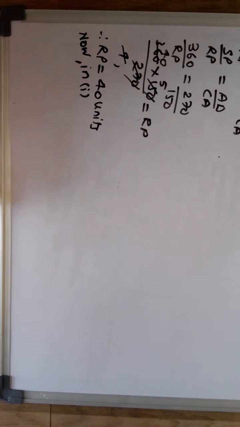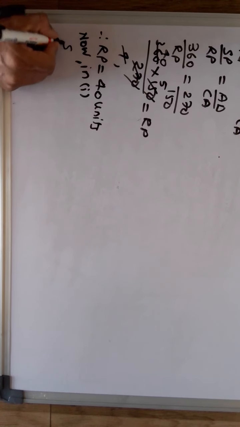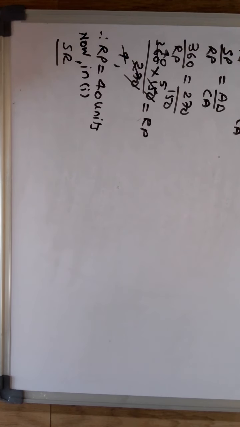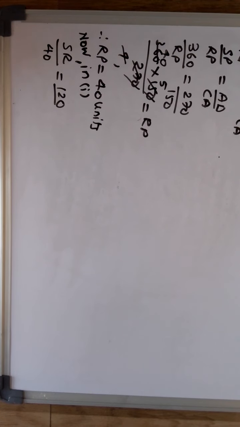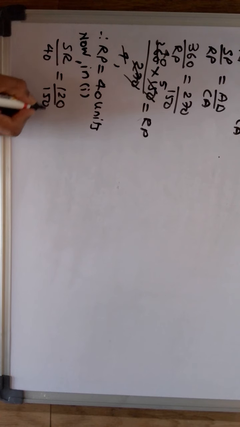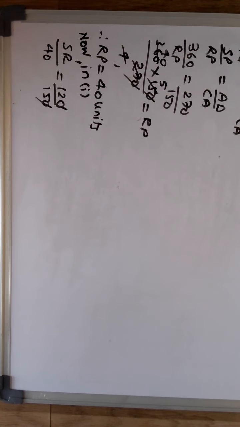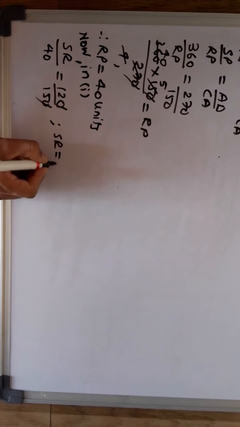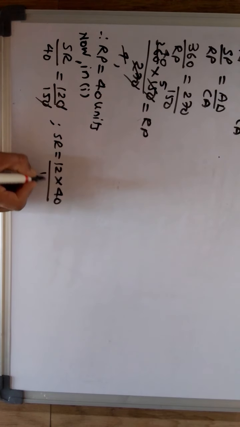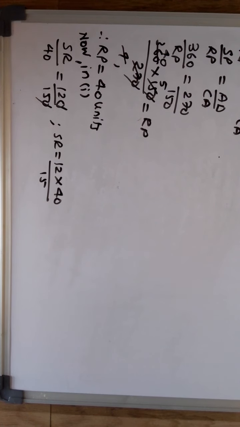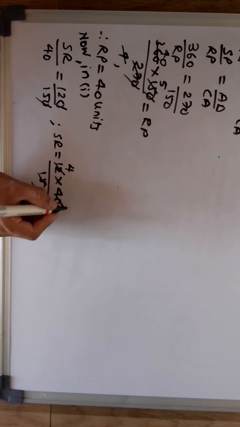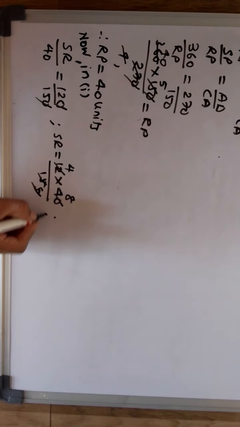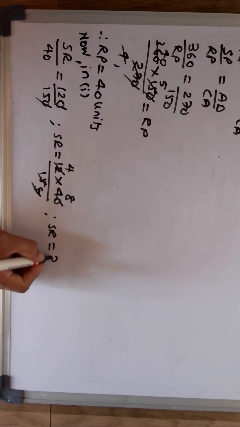When I put it in 1, I get SR, which I don't know, RP, which I know very nicely now, that is 40. Then DC, which is 120, that also I know. And then I know CA, that also is 150. So the same story, your SR is equal to 12 into 40 by 15, right? Yes or no? So you will get 3 4s and 3 5s, 5 1s, 5 8s. That means your SR now is equal to 8 4s, 32 units.